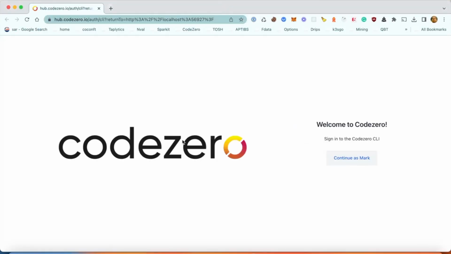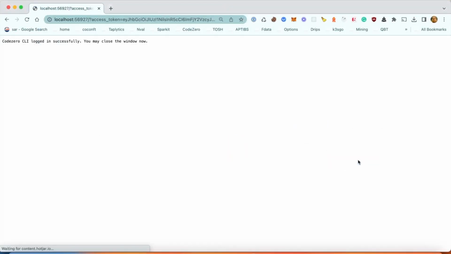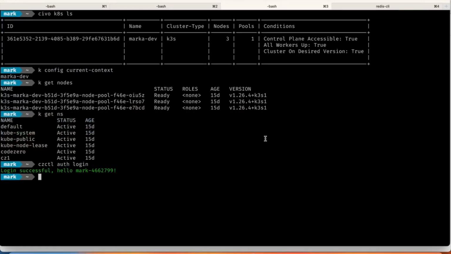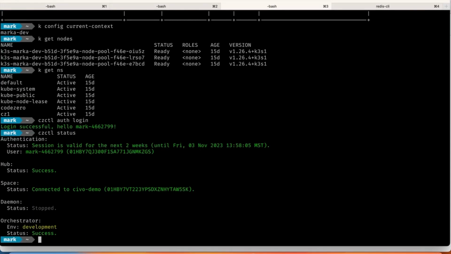All right, so I can log in here, go back to my terminal. All right, that seems to work properly. So let's look at the status of the hub. All right, seems to be connected. I am connected to the right namespace. So let's start up